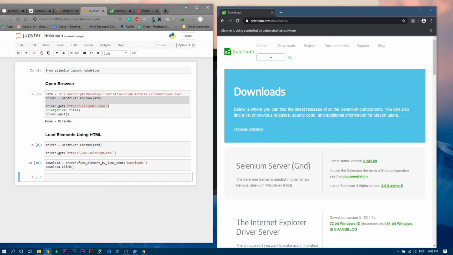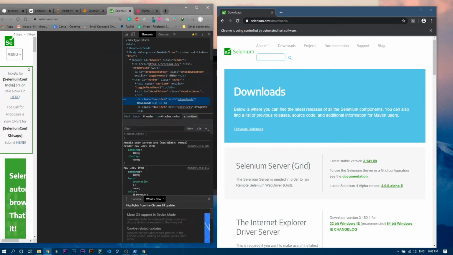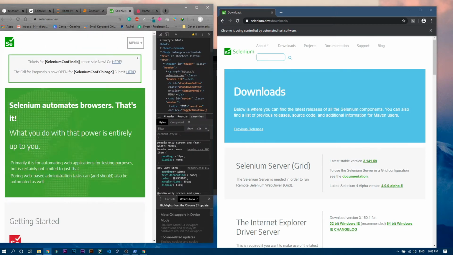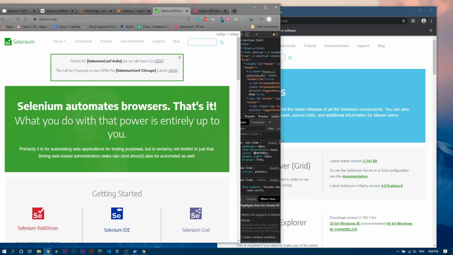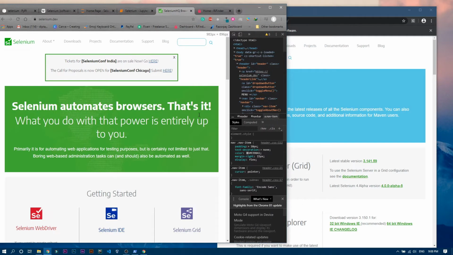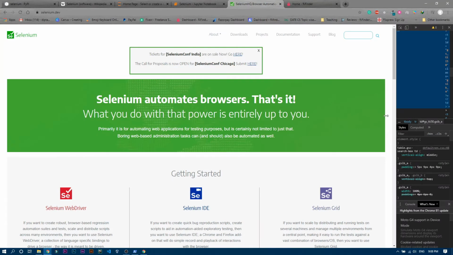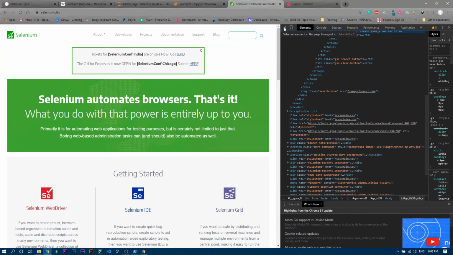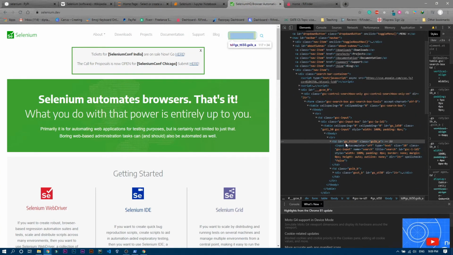And now we have this search option over here. So let's go over here and make the screen smaller. I guess I have to increase the size a little bit to get the search option. Yep, that's fine. Now let's go into the search option. I have to maximize the screen so that I can read it properly. We have this search name over here, right? And you can see it has this ID, and the class as well.